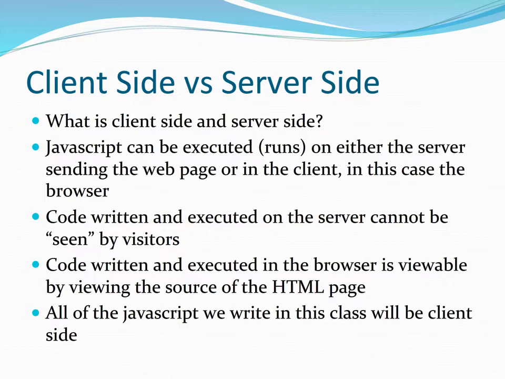time and date. However, if I request a page that has a server-side JavaScript that does the same thing, let's say that I request a page from Yahoo, which is out in California, it would say the current time is, and it would fill in California's date and time, because it would retrieve that information from the server before it's sent down. And so that's an example of how it could be different. But like I said, most of the time we're going to be doing client-side scripting, meaning it'll run here in